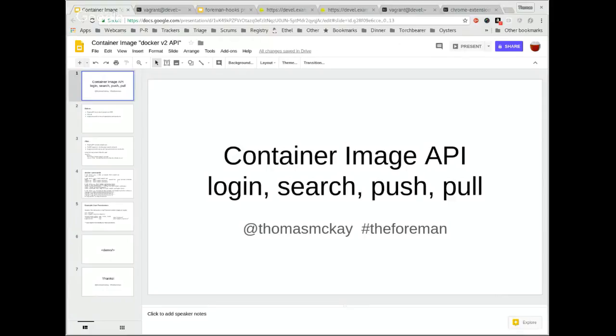Hello, how are you? Okay, so I'm going to do just a quick introduction to the new container image API. This is effectively an implementation of the Docker V2 API, which previously...